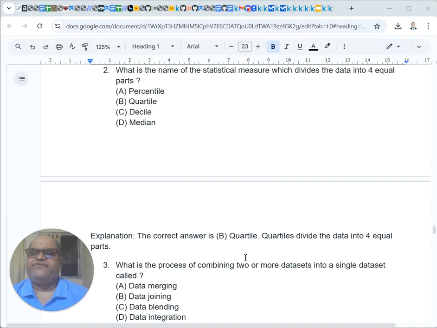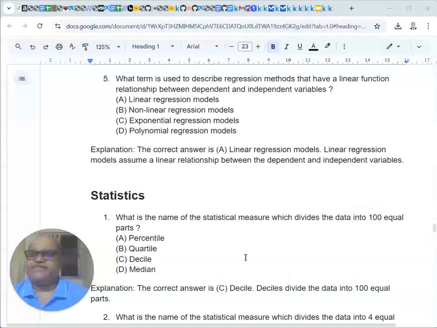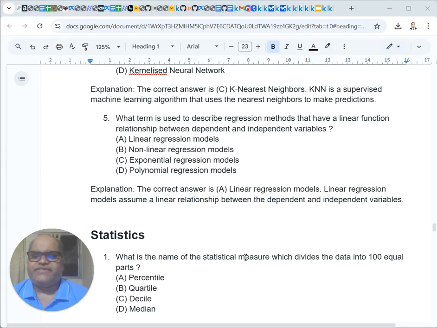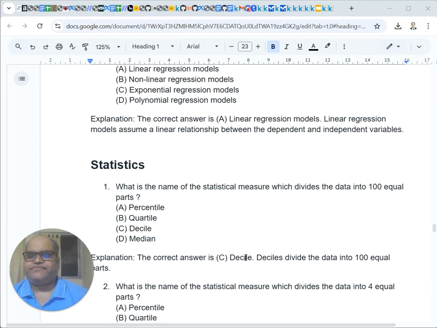So this is also kind of covered in whatever we have discussed yesterday, right? So this is saying, what is the name of the statistical measure which divides the data into 100 equal parts, right? So you might have seen in the previous video, what is decile? 10 equal parts. What is median? 2 parts, right? What is quartile? 4 parts, right? So what divides it into 100 different equal parts? Percentile, right? That's the option